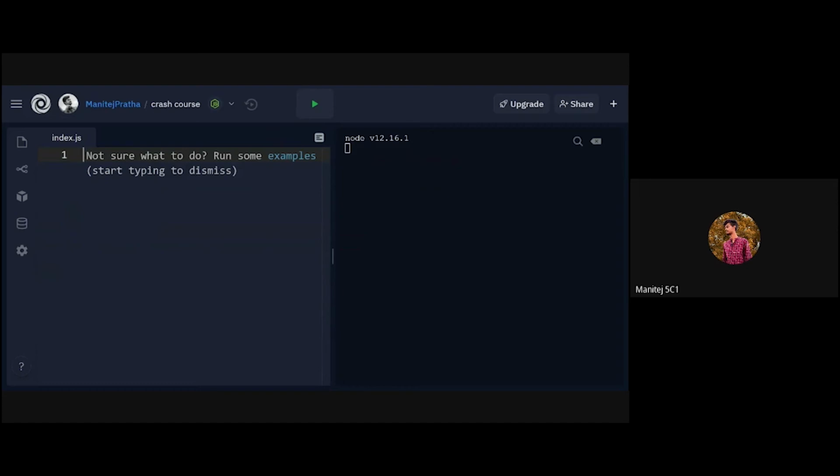what is meant by const in JavaScript. Const is also used to create variables, but it has a slight limitation. As the name indicates, the variables are constant, which means once the variable is created using the const keyword, it can't be changed again. Let me demonstrate. In this example, I will take let a equals 10. I will print this value with console.log a. Fine. Let's compile this program.